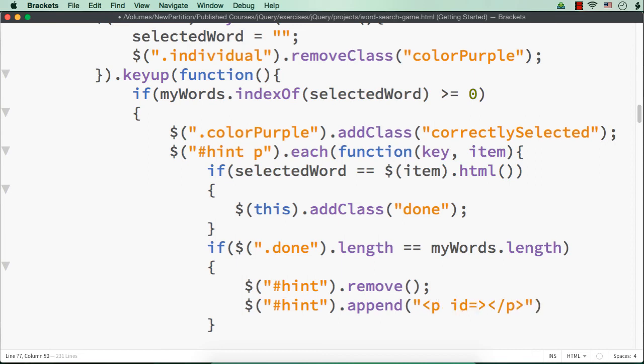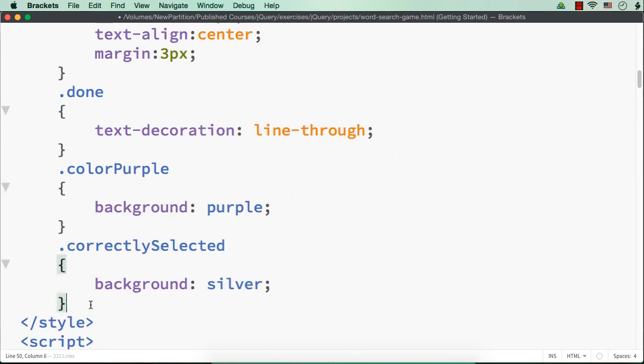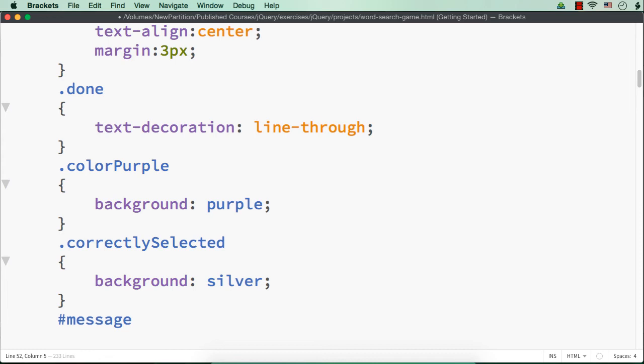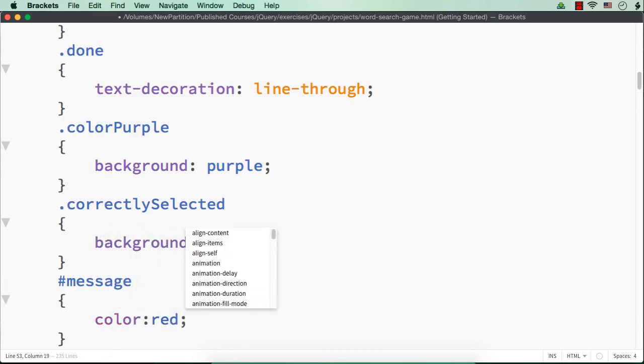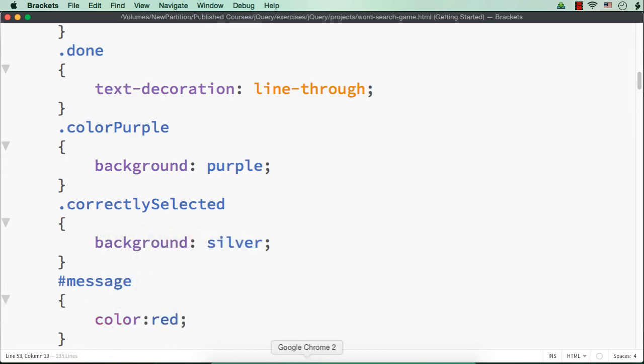ID equal to message, okay, and wow, you have done it. And let me also style this message P element, message color to be red. I just want to display it in red color. Now let me save this and play the game correctly.